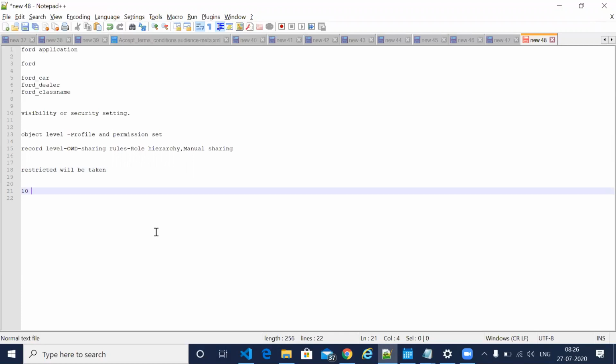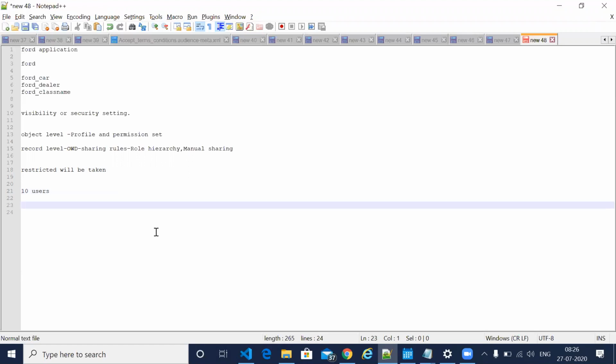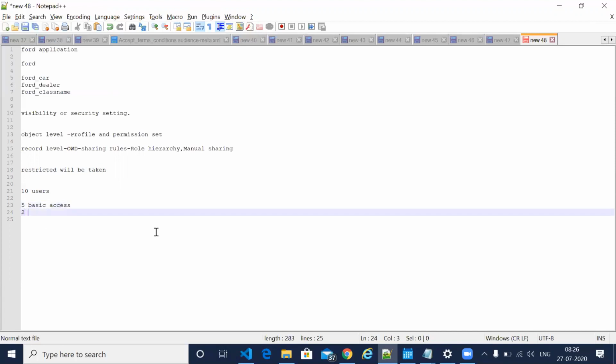Like we have 10 users and we want some 5 users to have some basic access, and special users who want extra access than this basic access. So basic access plus extra access.